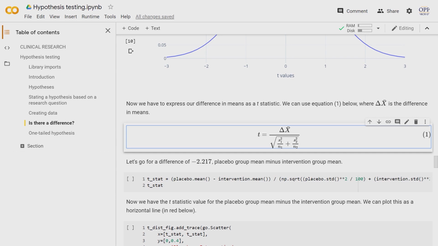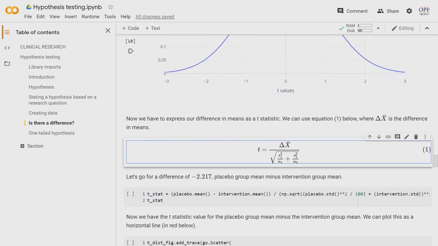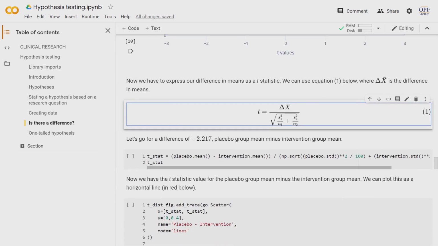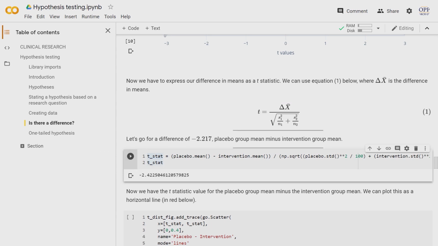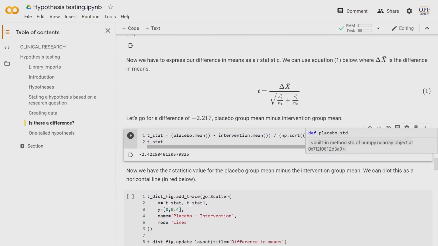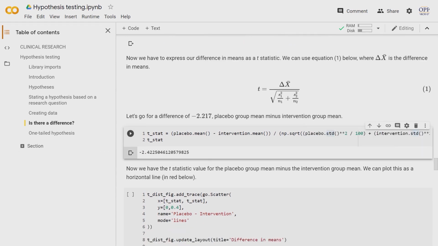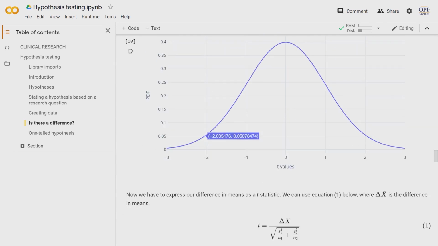We take the square root of that sum, and that becomes the denominator. And so I've done it there, and I'm just going to call it t_stat. So that little equation I've done there, and you see I used .std() ** 2, remember that means squared, or I could have just said .var(), and that would have been the variance. And there's our t-statistic. We have converted the difference between the means into a t-statistic, which will now go somewhere